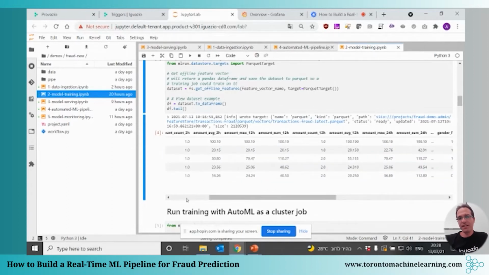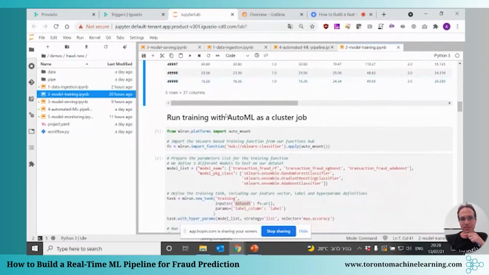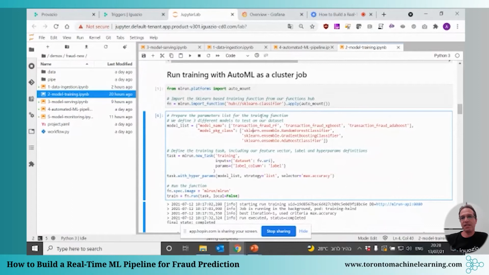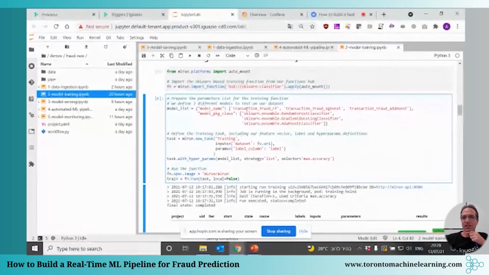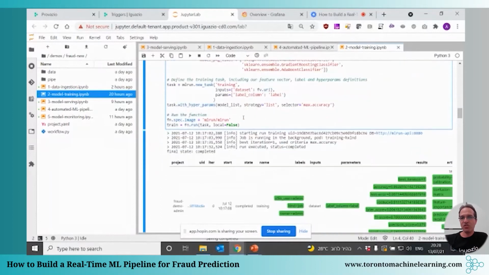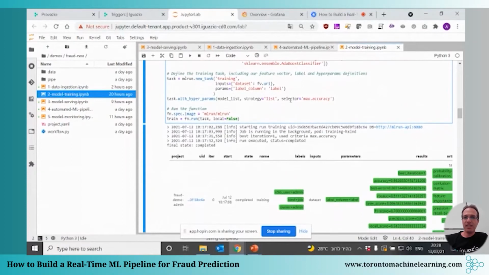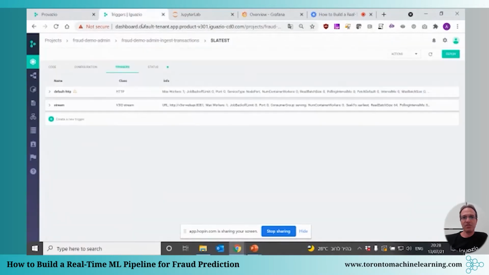Now you can do all kinds of things. You can calculate the last login versus the previous login and all that kind of stuff using the same technique. Now we have the feature vector, we can run a training job. We can leverage one of the built-in scikit-learn functions that we have in the product, using hyperparameters. That's going to run a training job, and at the end of the day, we're going to pick the best iteration based on the selector of the max accuracy. You can view the results here in Jupyter.